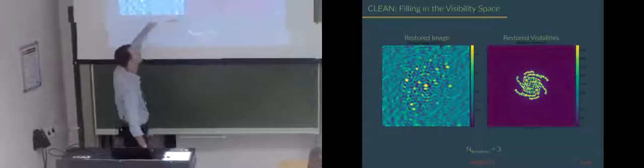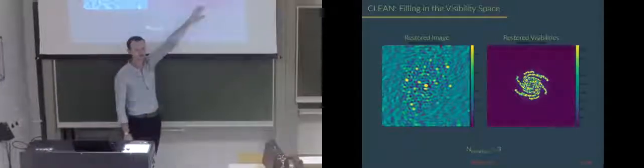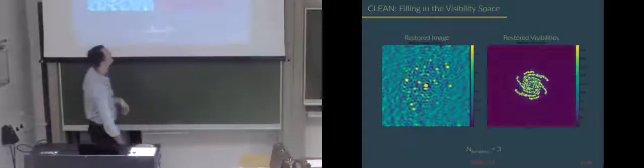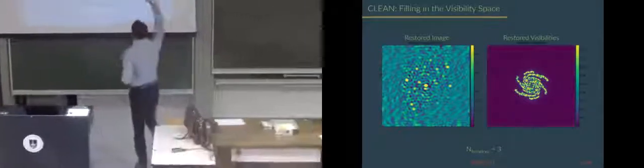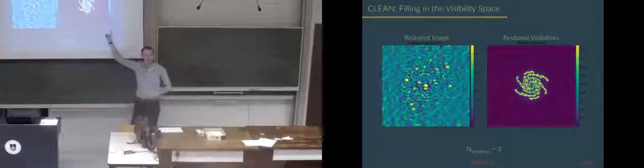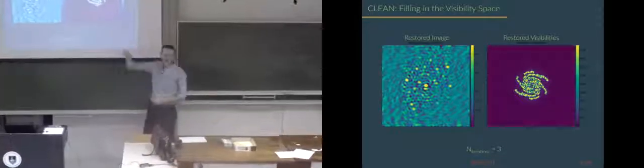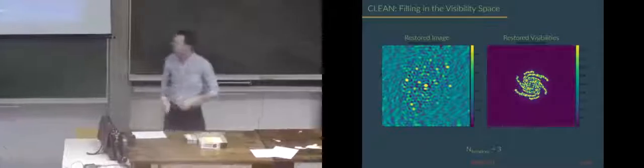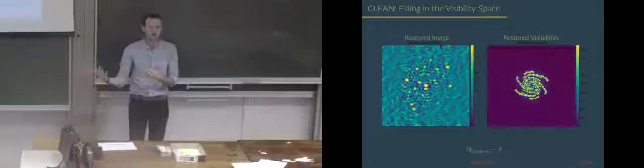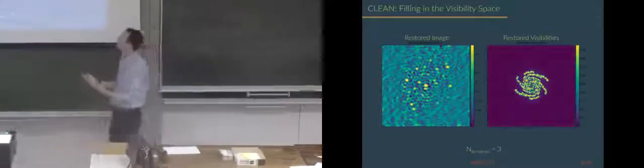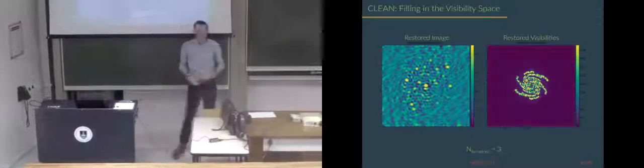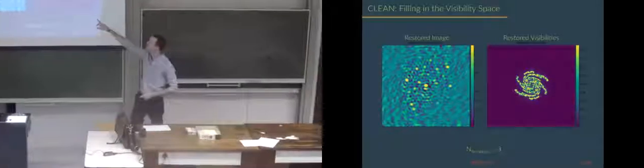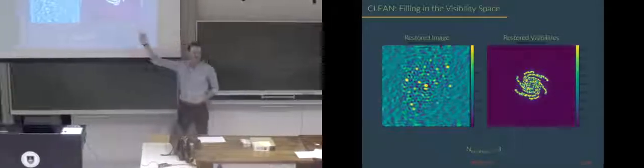Now, if you take that restored image, which is this, and do the Fourier transform of it, you produce its gridded visibilities. It will look something like this. How to interpret this here is, this is obviously the sampling function of KAT-7, remember? At some declination, these arcs are cutting through. The PSF is the Fourier transform of the sampling function, and because, for the most part, everything in here is convolved with the PSF still, you expect to see basically the sampling function show up still.